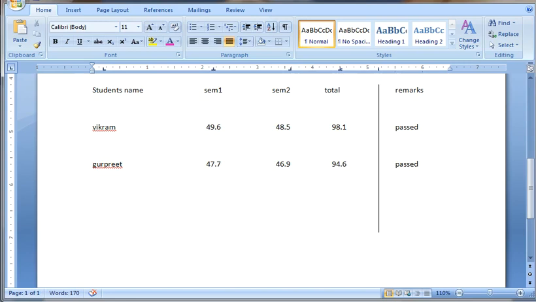So now how does this work? This is the way of applying tab positions.